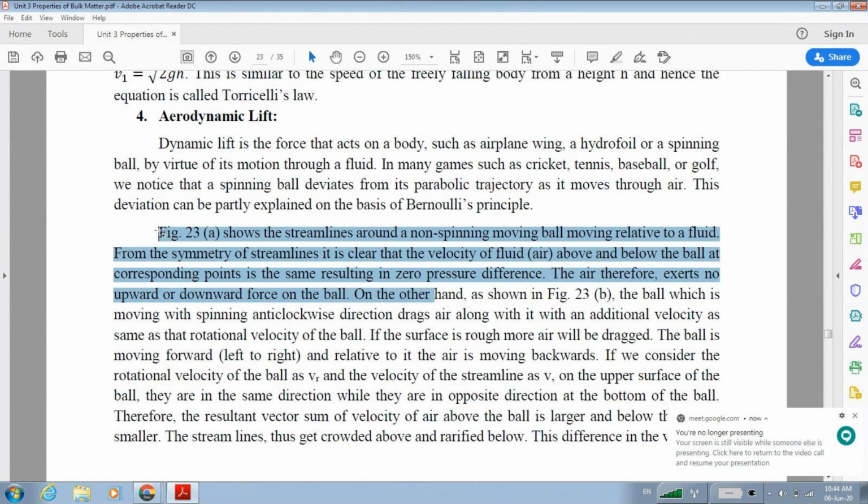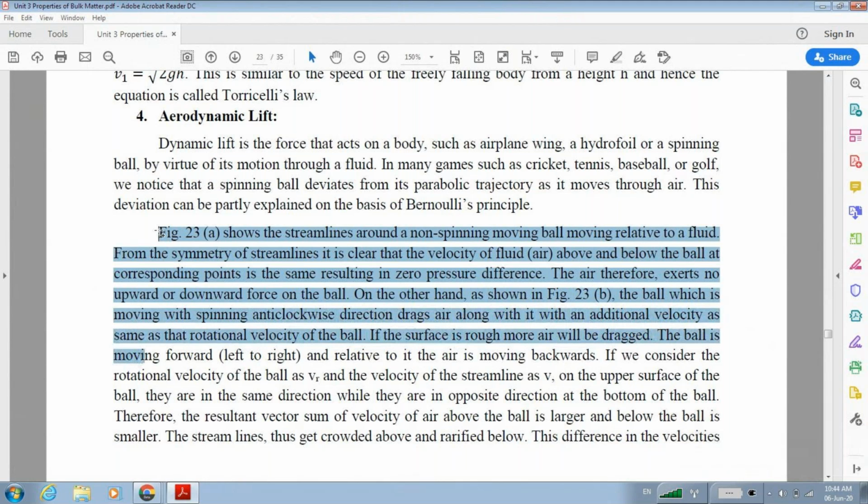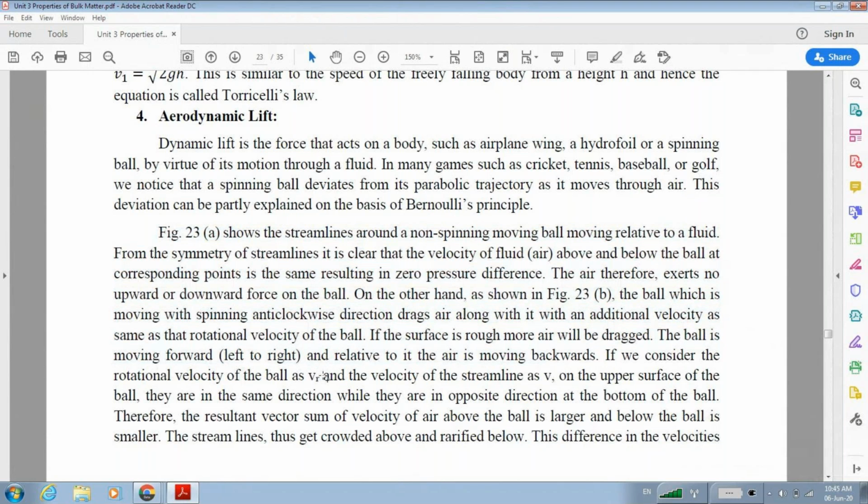On the other hand, if you see figure 23b, the ball is moving with a spinning anti-clockwise direction and drags the air along with it with an additional velocity, the same as the rotational velocity of the ball. If the ball is rough, more air will be dragged. The ball is moving forward, left to right, and relative to the air it is moving backwards. So the air is moving from right to left. If we consider the rotational velocity of the ball as VR and the velocity of the streamline as V, at the upper surface of the ball